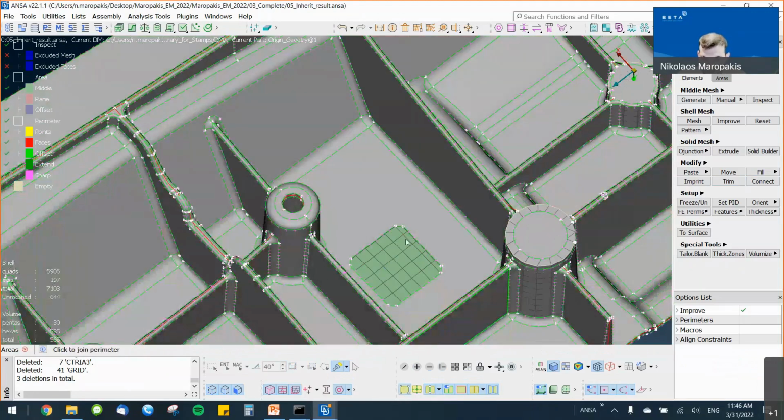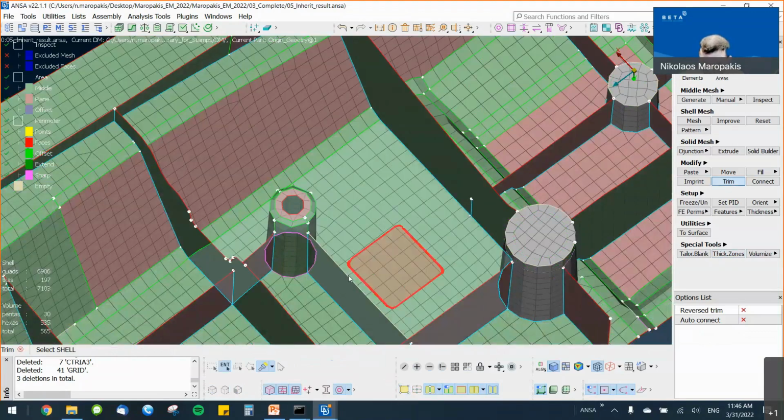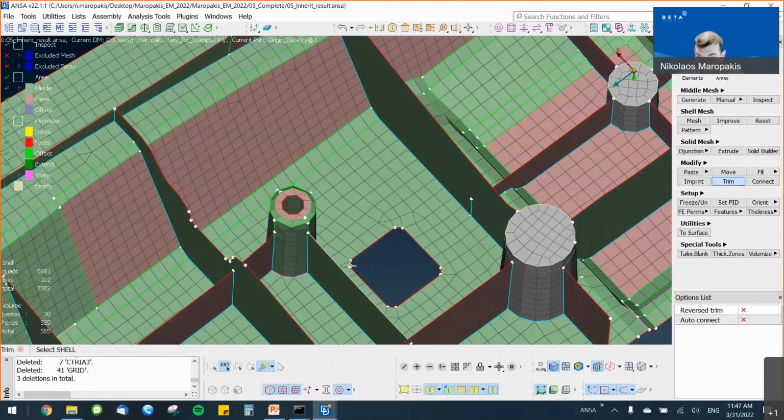If I turn on the geometry here, for instance, we can see that we want to have a hole here, but we have elements. We can very easily create the hole from scratch using the new function called trim. By activating the trim, I can click on my mesh, and the mesh is going to get trimmed according to the geometry. If I turn on the geometry here, I can see with the red color the preview of the hole to be created, and simply by hitting the middle mouse button and accepting, I have my hole. I created a hole from my mesh, trimming it to the geometry.